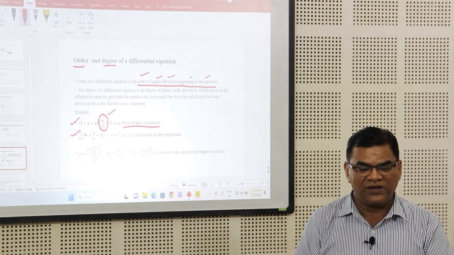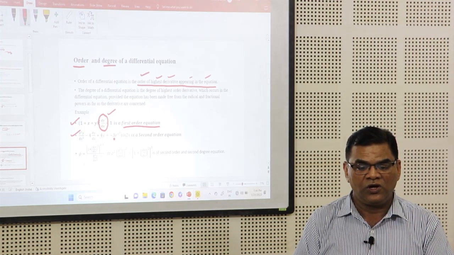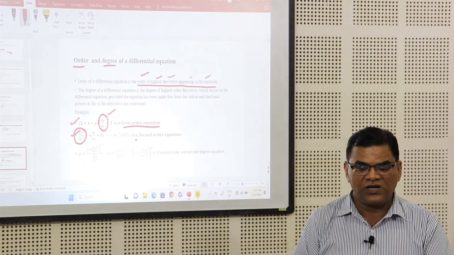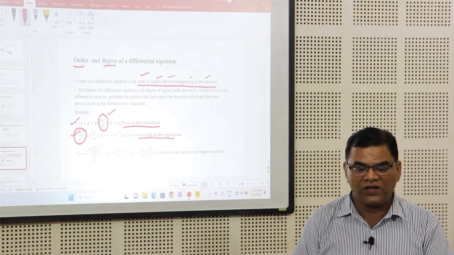Similarly, in the second case, the second equation is d²y/dx² minus 4 dy/dx plus 4y equals minus 3 times e to the power x square sin 2x. Here we can easily observe that the equation contains the highest order derivative d²y/dx². Its order is 2. Therefore, the order of the differential equation is 2, or we can say this equation is a